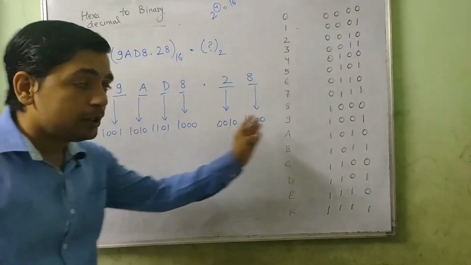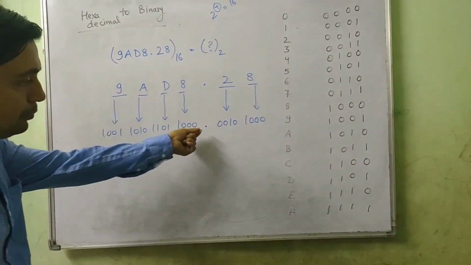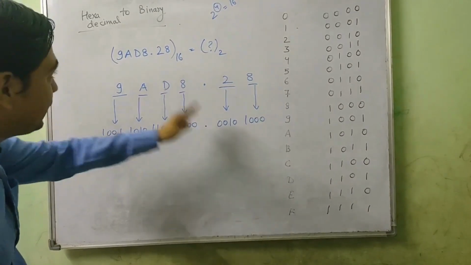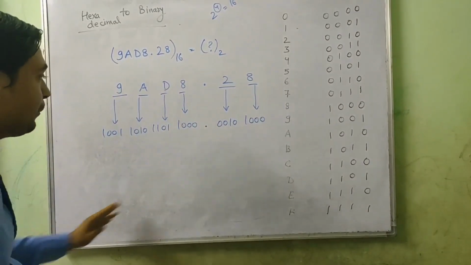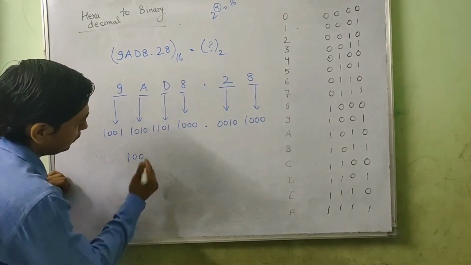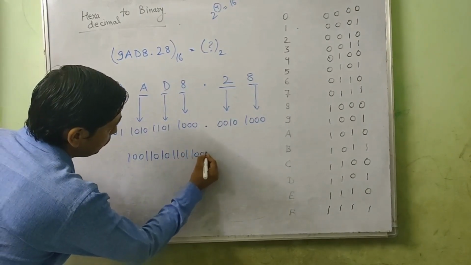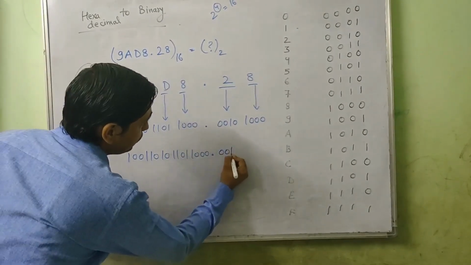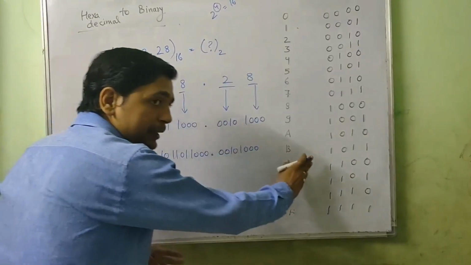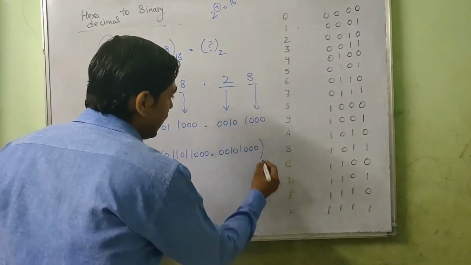Hence you formed the binary numbers. You should put the binary point over there. If I forgot to put the binary point in the octal conversion, you had better keep it there. Maybe in a hurry I forgot that. So 1001 1010 1101 1000.00101000. In the fractional part you can omit the trailing zeros. In the integer part you can omit zeros on the left side, but if you keep them, it won't be wrong.